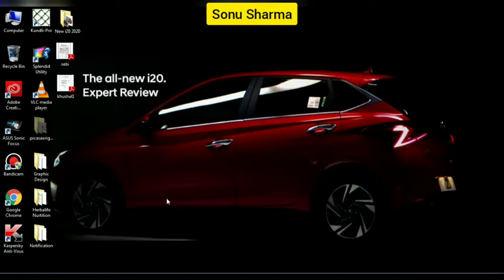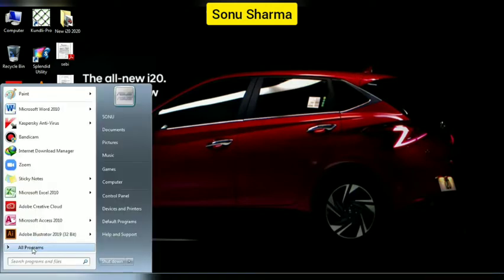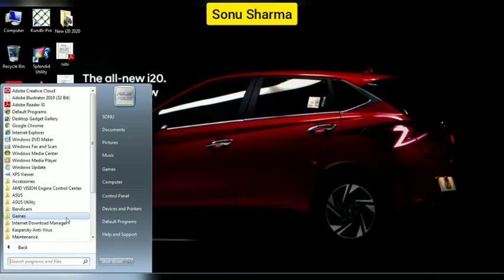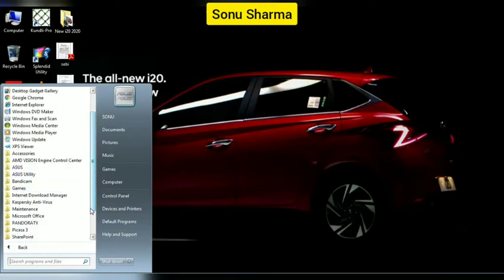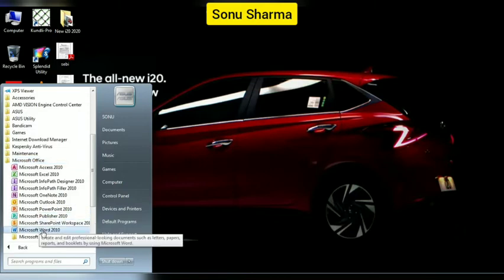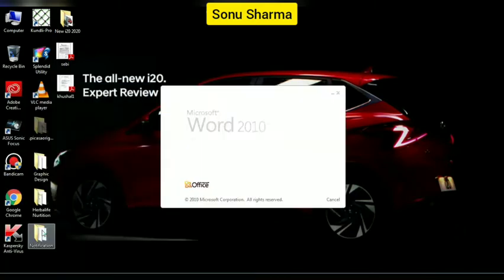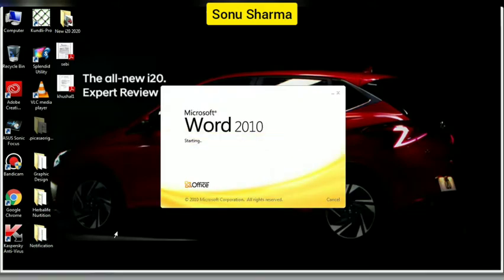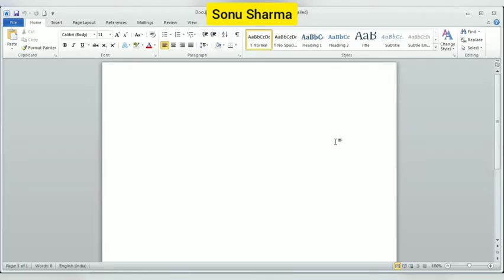Today we will start the practical of editing text in Word 2013. Okay, so let's start Word 2013. First of all, you'll click on the Start button, then click on All Programs, then go to Microsoft Office. Click on Microsoft Office, then go to Microsoft Word. Okay, then click on that. So Microsoft Word is opening now.